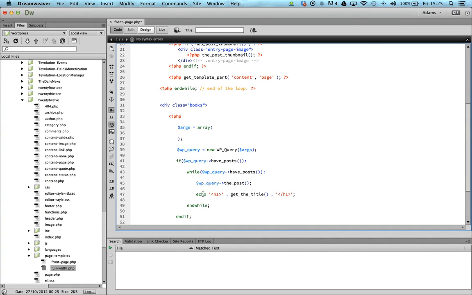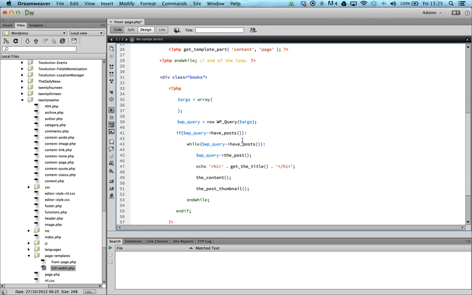That should sort the title. That should have the content. And that should add our thumbnail. One last important thing to remember is that when we use the method the post, we need to ensure that